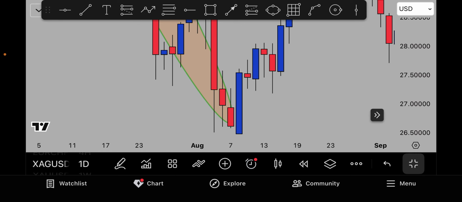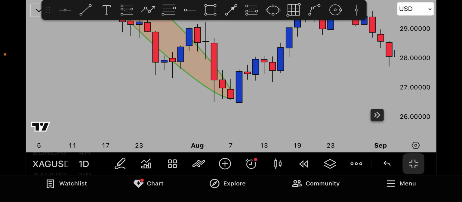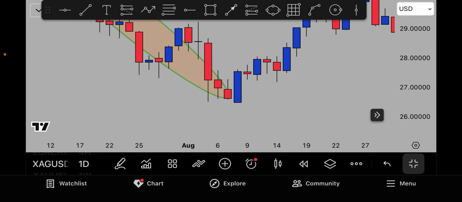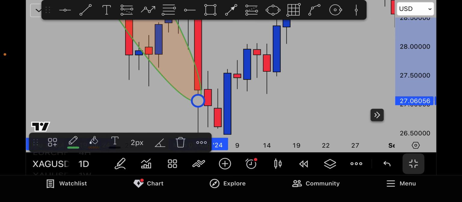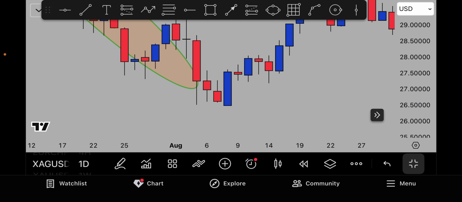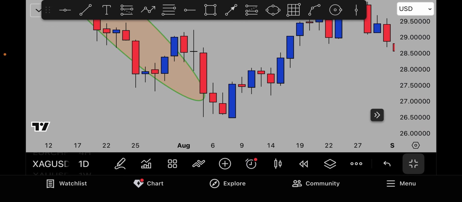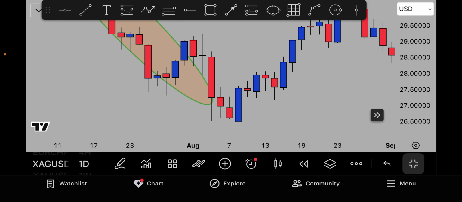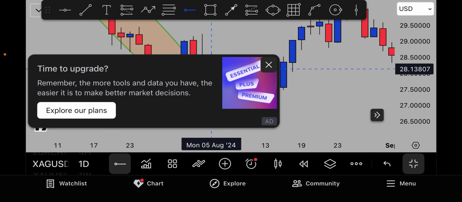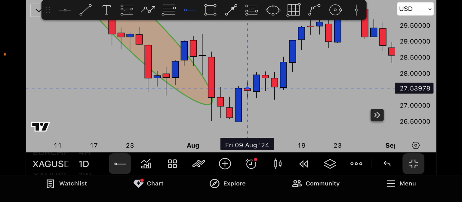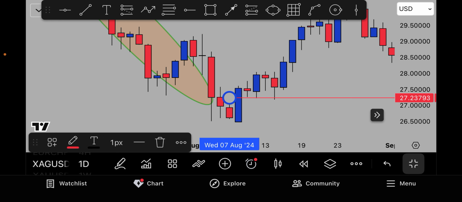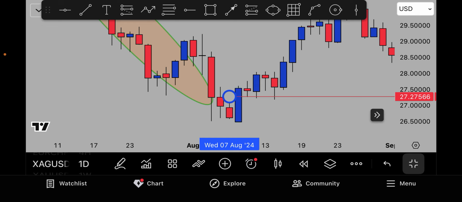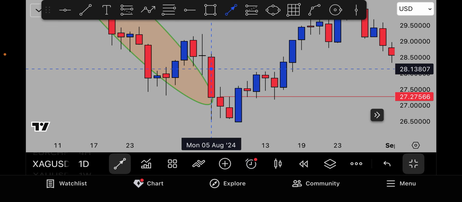But notice how, going back on subject, I'm gonna move this out the way a little bit. At this moment down here, out of all of these other moments, right? At this moment down here, we have this red candle. I'm trying to get that right up on there. We have this red candle. And interestingly enough,